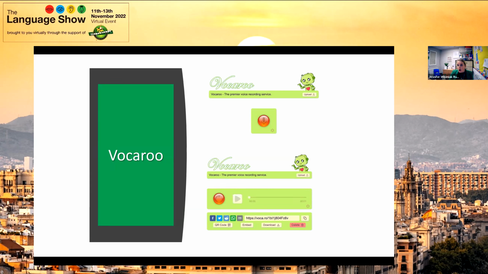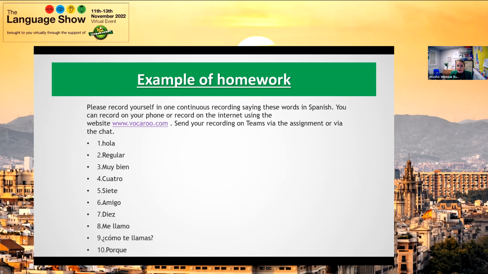However, at Key Stage 3, thinking about the demands of the new GCSE that is coming up, and thinking about our year 7s and our year 8 students who will have part of their exam, a reading aloud activity, I thought, well, I still want to do some activities at Key Stage 3 to ensure that all my classes are fully prepared. So this is an example of homework that I've done recently with my year 7 class. So this is what I set.